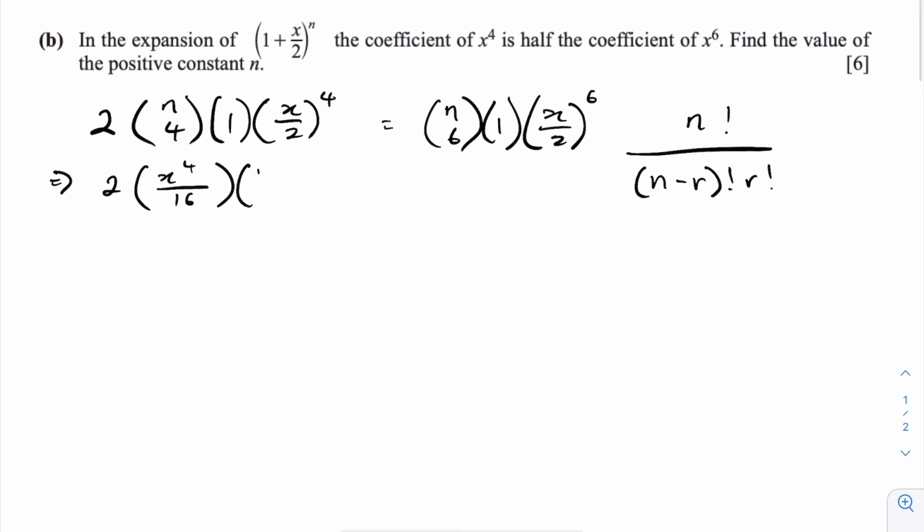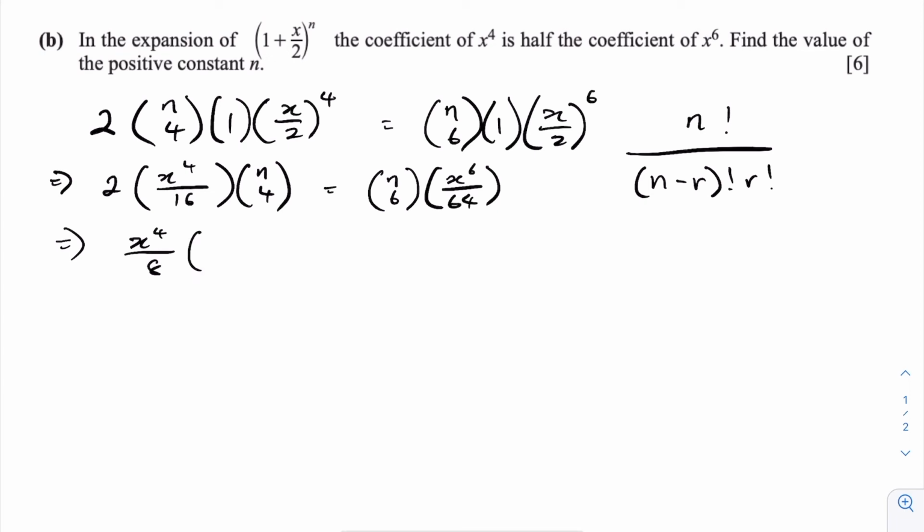Times n choose 4, which is equal to n choose 6 times x to the power of 6 over 64, which is equal to x to the 4th over 8 times n choose 4, because the 2 and the 16 cancel out to give 8, which is equal to n choose 6 times x to the power